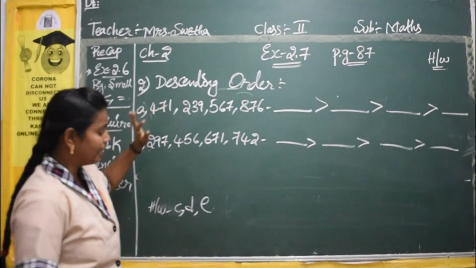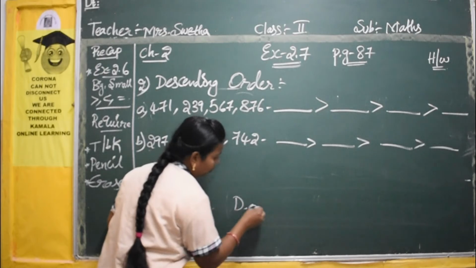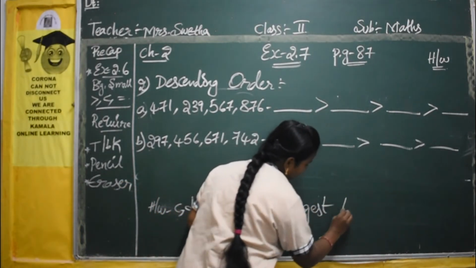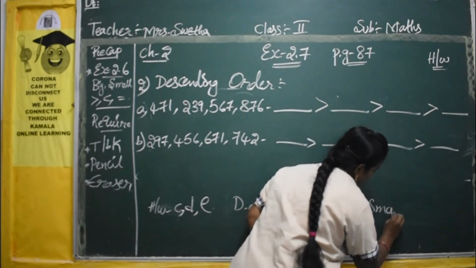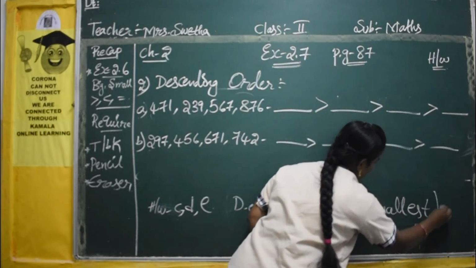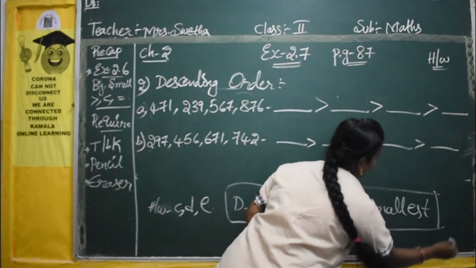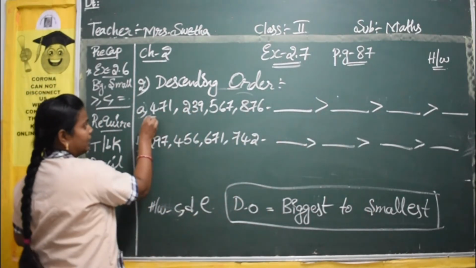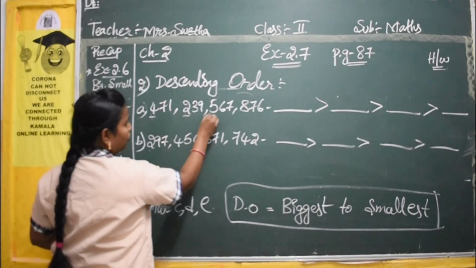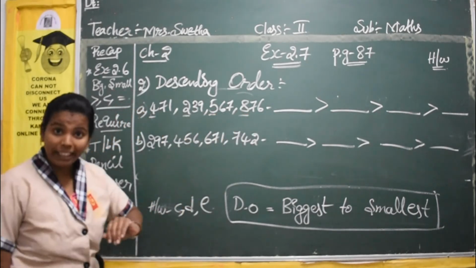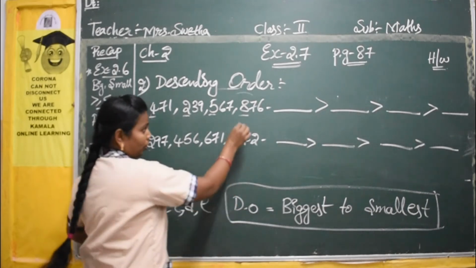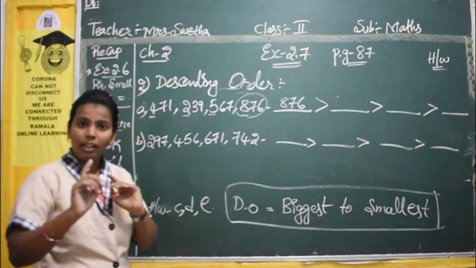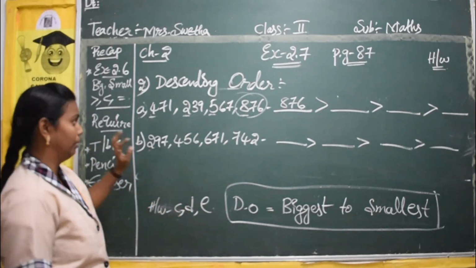Okay. So this is descending order. Descending order, how do you have to write? You have to arrange from the biggest to the smallest number. Okay. So same as your previous bit, you have to check all the numbers. You have to check each and every number: 4, 2, 5, 8. So which is the bigger one? 8. So this 8 set of number, 876, will become your first number, the biggest number.